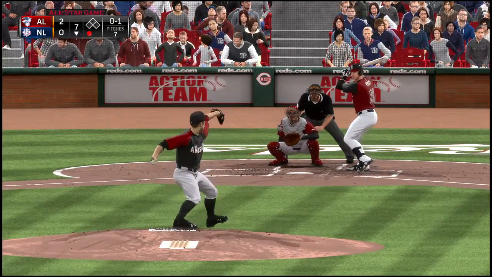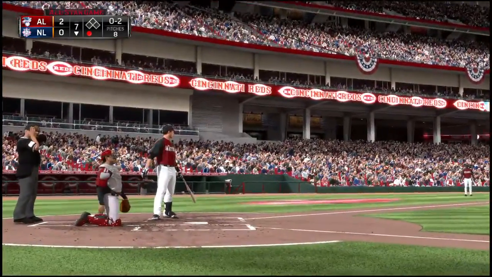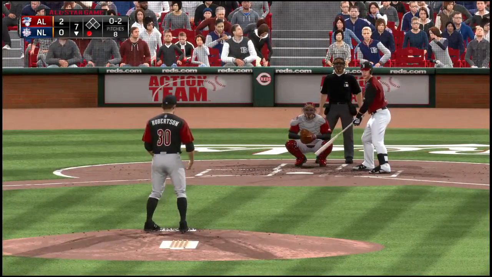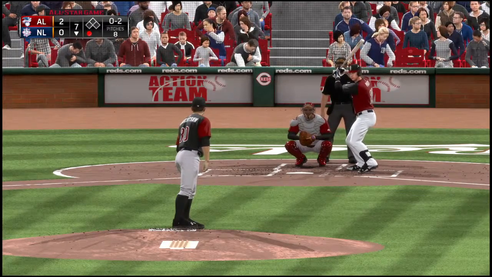Now here it comes. Here we go. Oh, good spot on the black for strike two. And I know it's your first at-bat of the ball game and you want to work the count a little, but those were two pretty good pitches to have a rip at. Bases are empty, one man out.